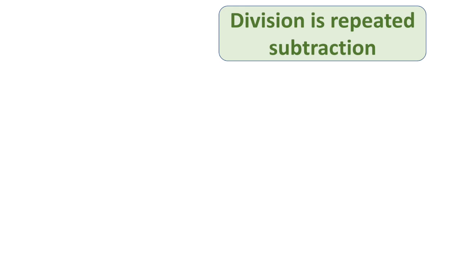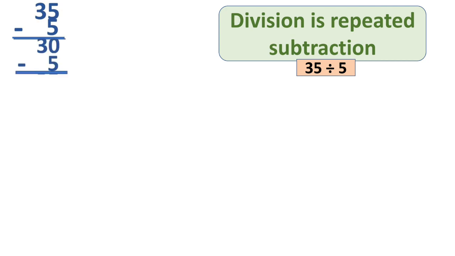Division is actually repeated subtraction. Let's see how we can divide 35 by 5. Let's minus 5 every time until we get 0 from the number 35. 35 minus 5 is equal to 30. Now again we'll minus 5. We'll minus the same number because we have to divide 35 by 5. 30 minus 5 is equal to